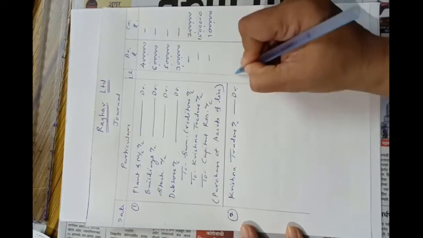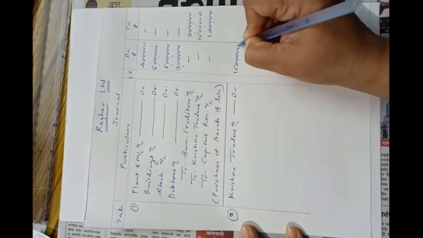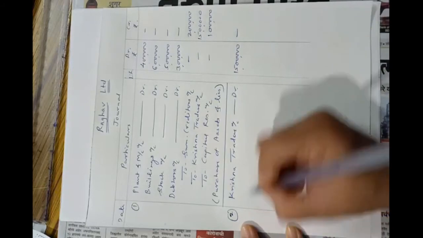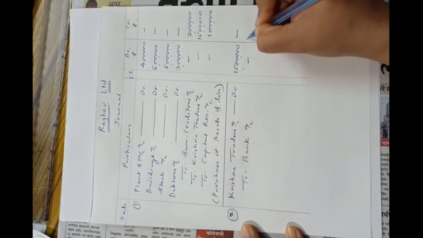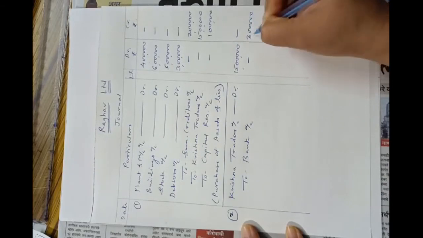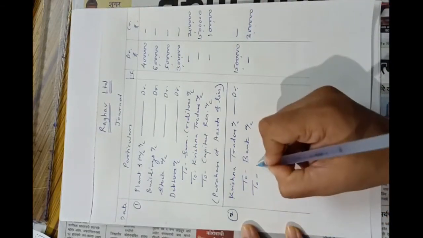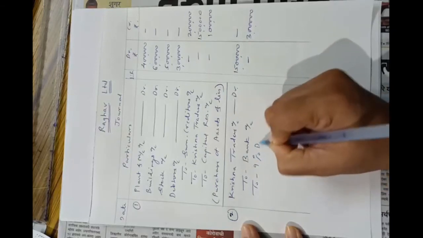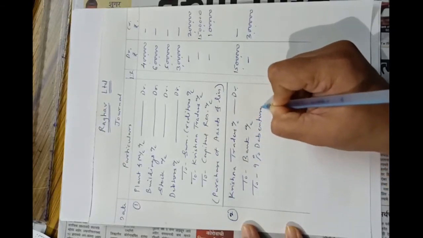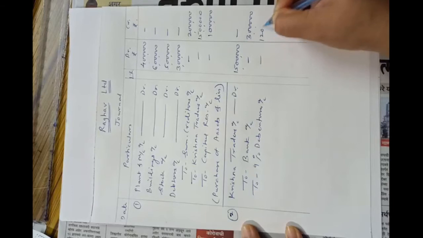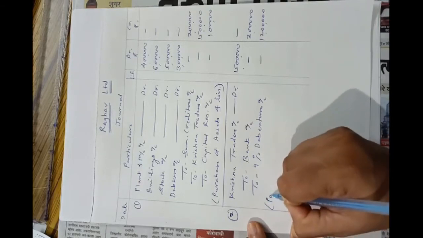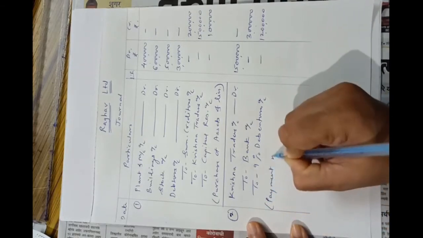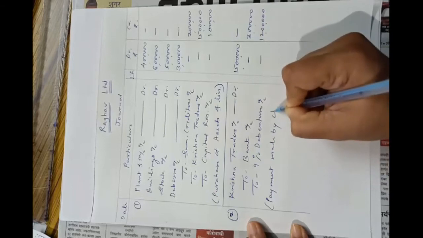Total we have to pay 15 lakhs. To bank account, as the payment was made by check, 3 lakhs. To 9% debentures account, 12 lakhs. And narration will be payment made by check